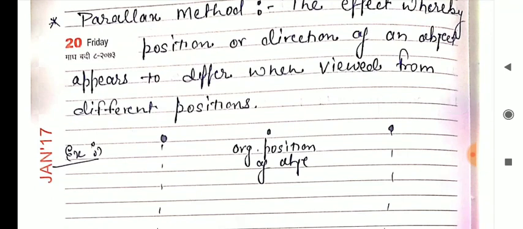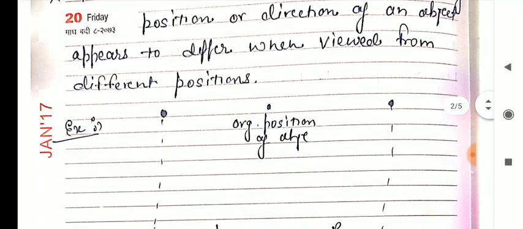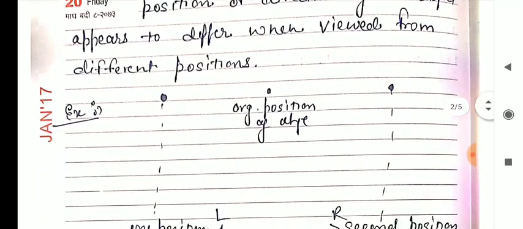Now, what are the observation positions here? One is our left eye and the other is our right eye. So the right eye and left eye are treated as two different positions to see the pen. Whenever we see the pen from two different positions, there is some shifting in the position of the pen from the original position. But actually there is no shifting in the position of the pen, we only observe the shifting from the two observation points. So now we understand what parallax is.